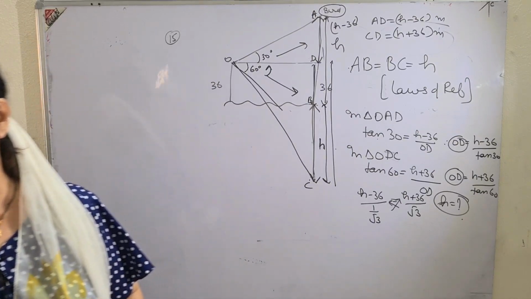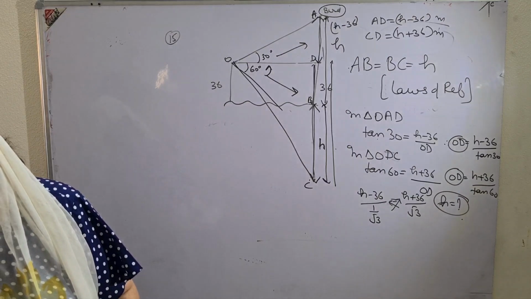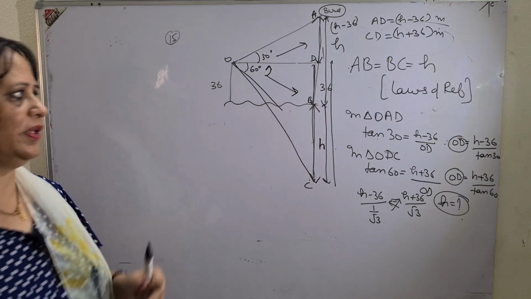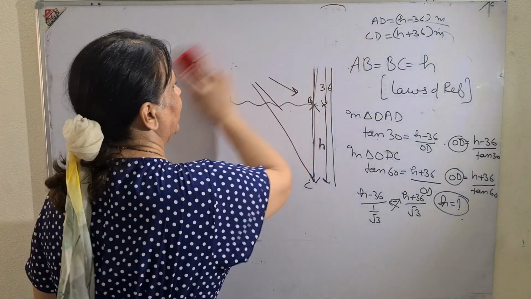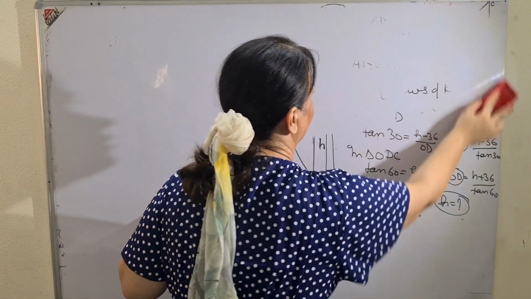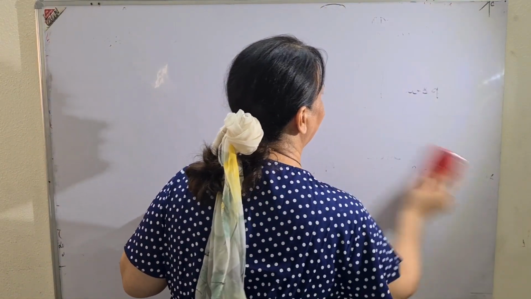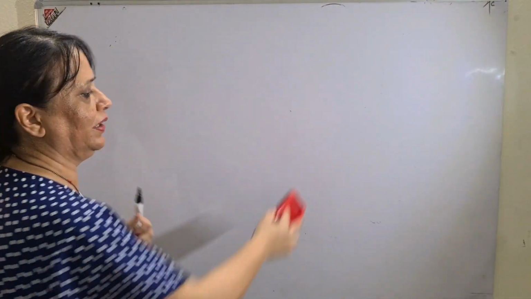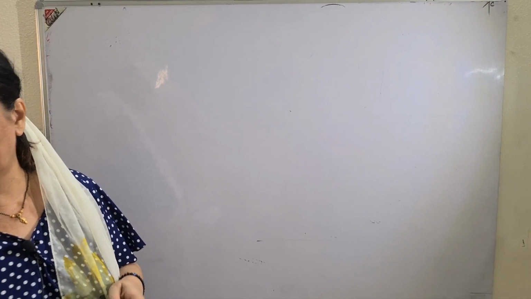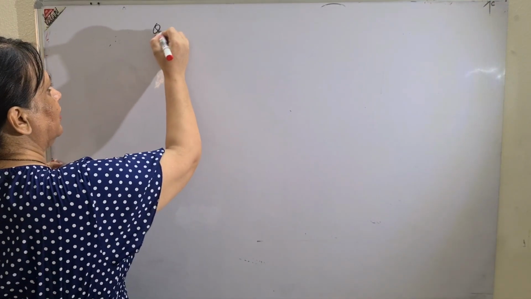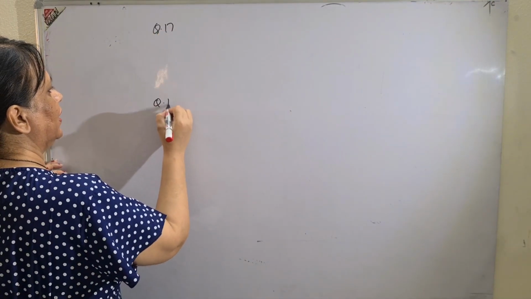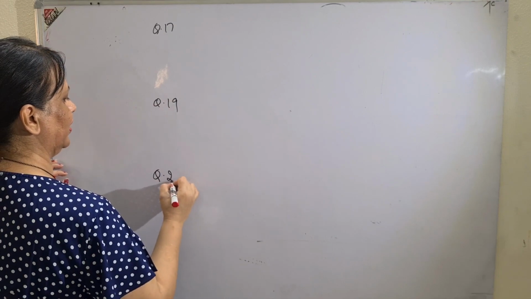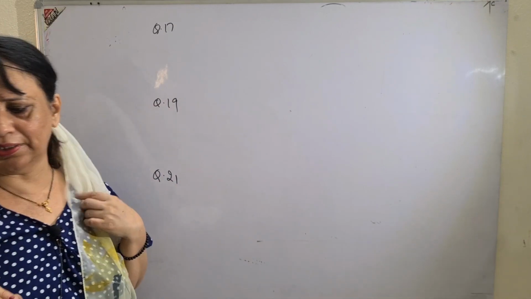Then come to question number 17, 18, 17, 19, 21. Three of them are board questions: 17, 19 and 21. One of them I will do. And every alternate year, this type of question is coming. Question number 17, 19 and 21. See question number 17, question number 19, question number 21. I'll just read. Only a little difference is there.